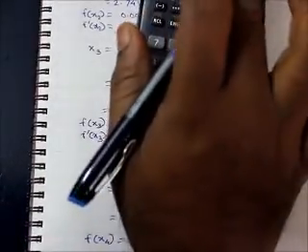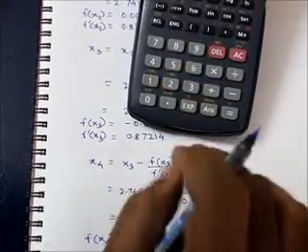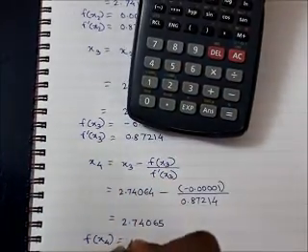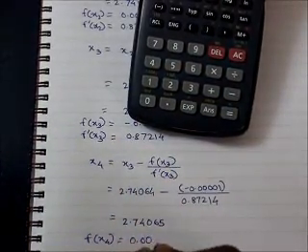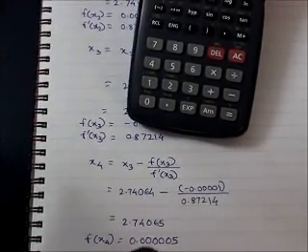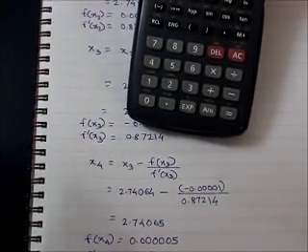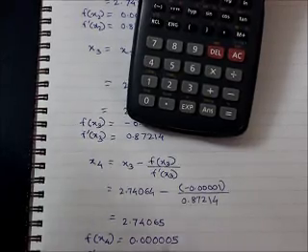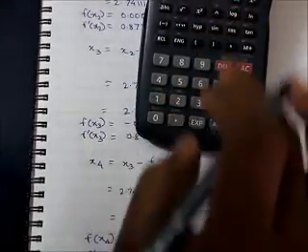Okay, let's see, yes, 0.000005. Okay, and f dash of x4 will be equal to log to the base 10 of